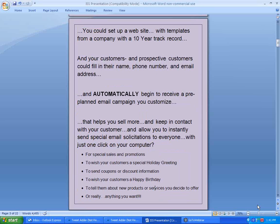But what if you could set up a website with templates from a company with a 10-year track record, and your customers and prospective customers could fill in their name, phone number, and email address, and automatically begin to receive a pre-planned email campaign that you've customized that helps you sell more and keep in contact with your customers, and allows you to instantly send special email solicitations to everyone with just one click of the computer, for special sales